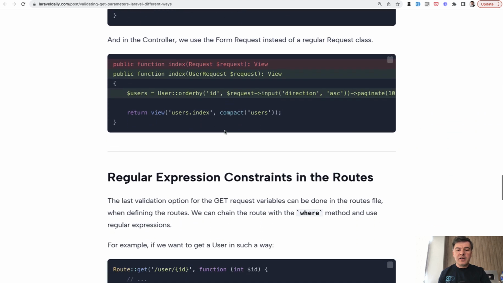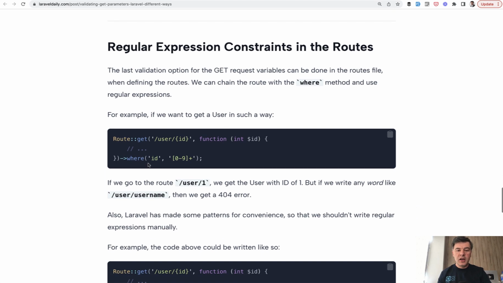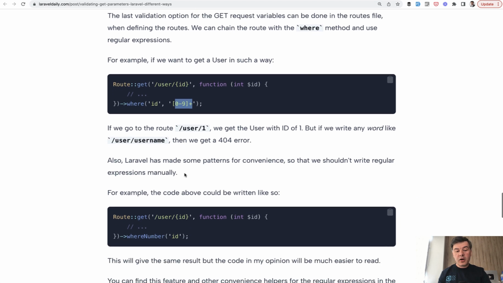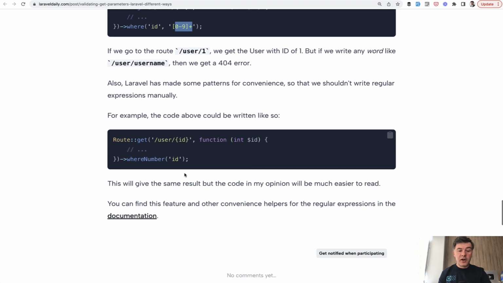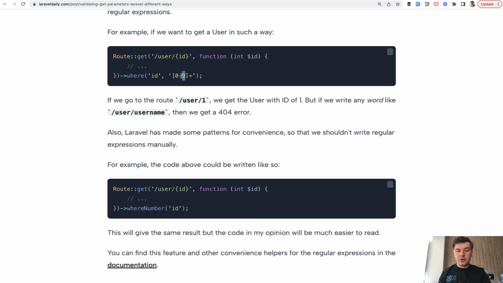And then finally, in the routes, you may even produce the code that would not allow the request to get to the controller, like this. If you have a certain rule that can be expressed as a regular expression, you may have route get, parameter name, and then the regular expression value. In case of mismatch, it would throw a 404 error as not matching that route. And also Laravel provides a bit of help with helpers like whereNumber, instead of having that 0 to 9